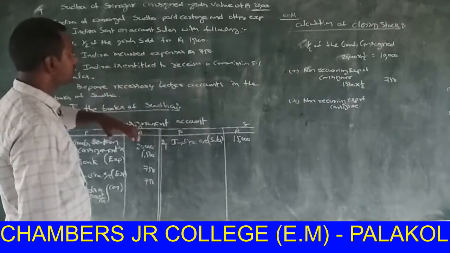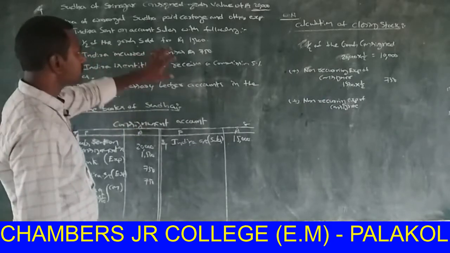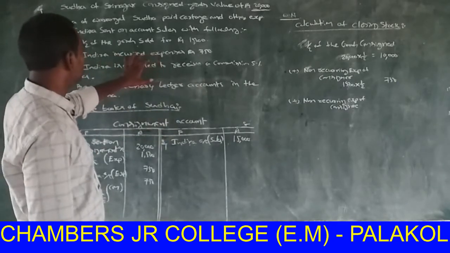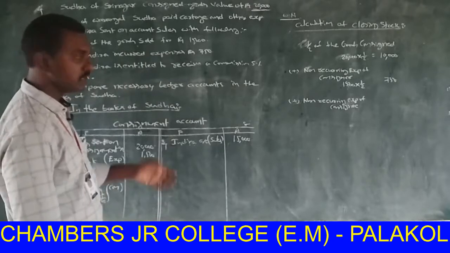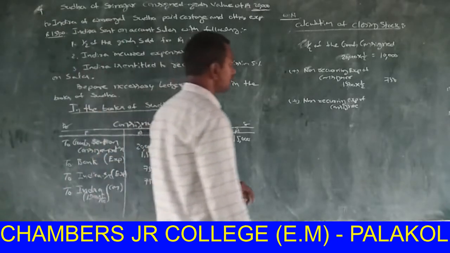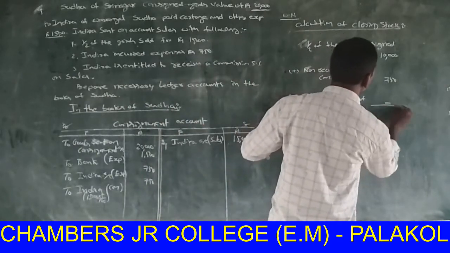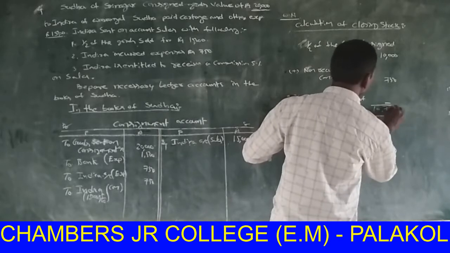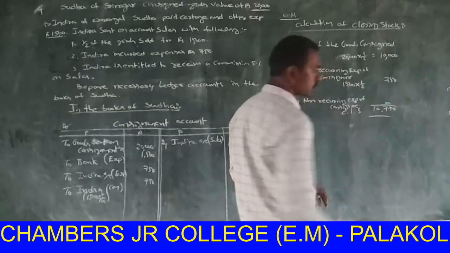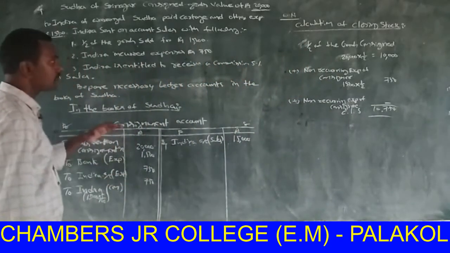Indira incurred expenses. Here in this sum, they give only expense. She paid some expenses, but it is not shown whether they are recurring or non-recurring in this sum. So non-recurring expenses of consignee nil. 10,750 is the value of closing stock after preparation of consignment.